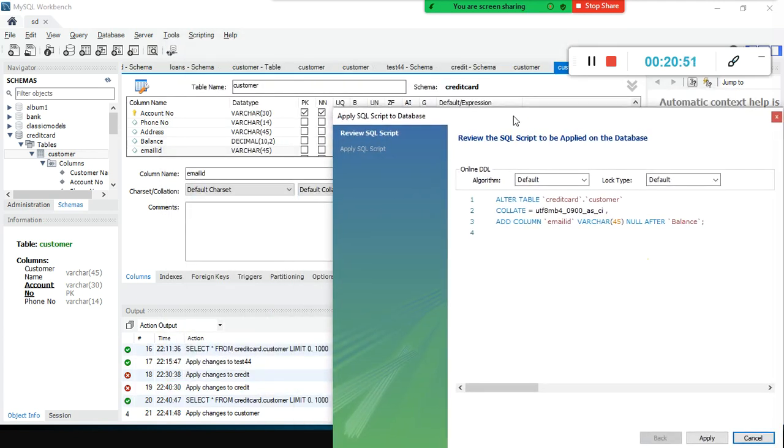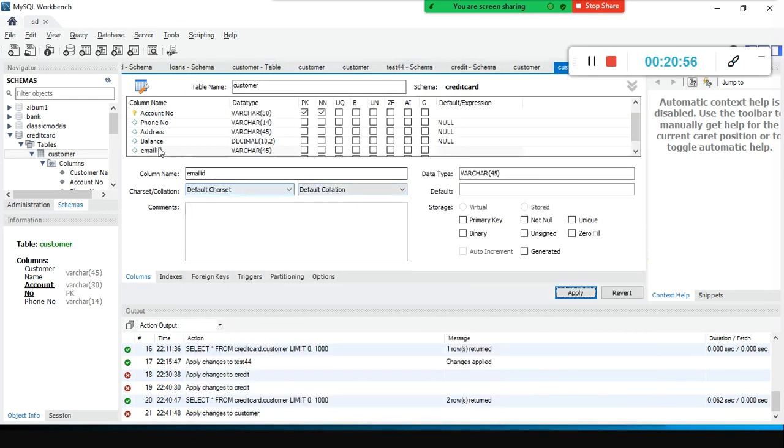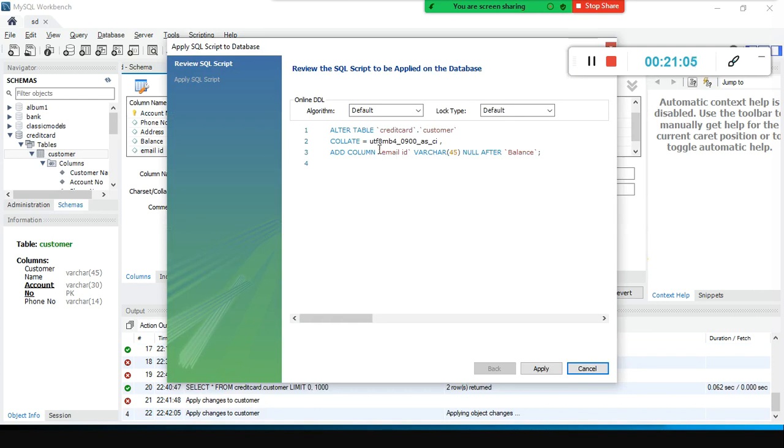Okay, let me do one thing. I just leave space here, email ID. Even if I leave space here, if I apply it, look here, it puts the oblique, right? By default, it automatically puts the oblique sign on your column, whichever column you have blank space.